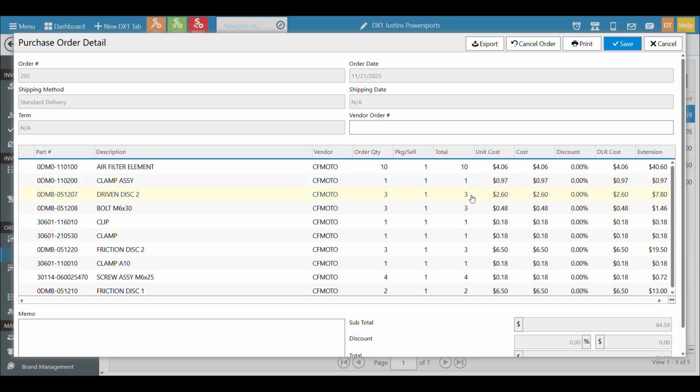And if I need to make any cancellations at a part level, I don't want to cancel the whole order, but I do need to maybe cancel this part and this part because they didn't have them in stock, you can either go right to the receiving screen and cancel them right now, or when the part comes in, hopefully it's noted on the invoice and your receiving person can also cancel them, which will eventually close out the purchase order. But this is just how you get back over. Again, if you need to re-export, cancel the order, or reprint, there's nothing really that's going to happen here when you hit save at this point because you can't edit any of the information, but we have it there.